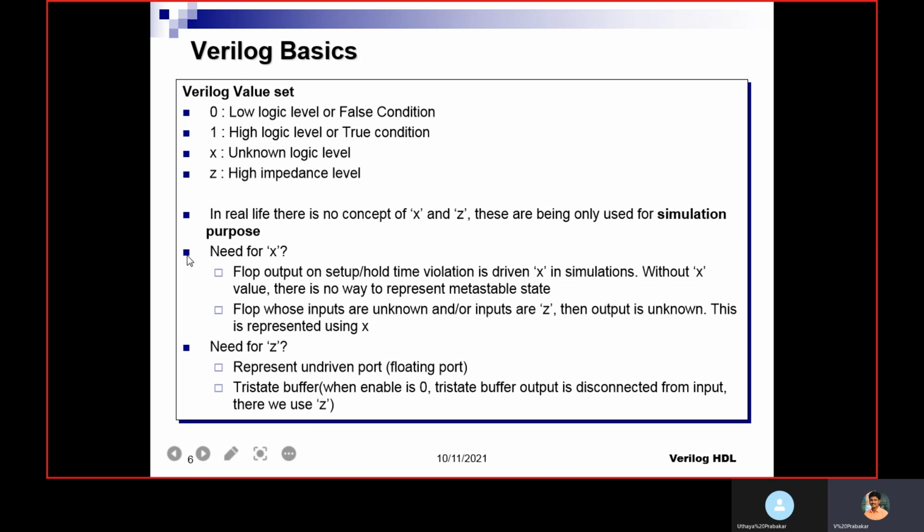So when can we use this X? For example, the flip-flop output on a setup or hold time violation is driven X in simulation.